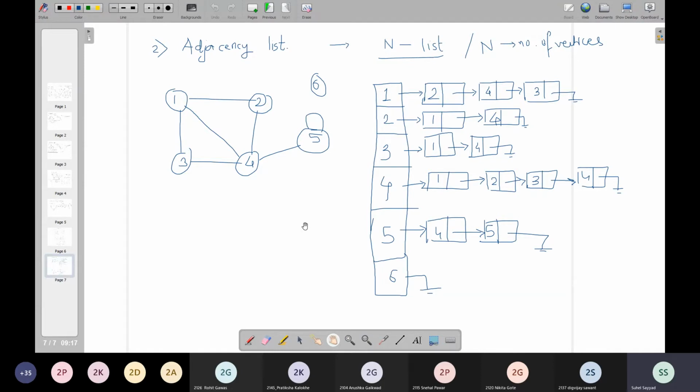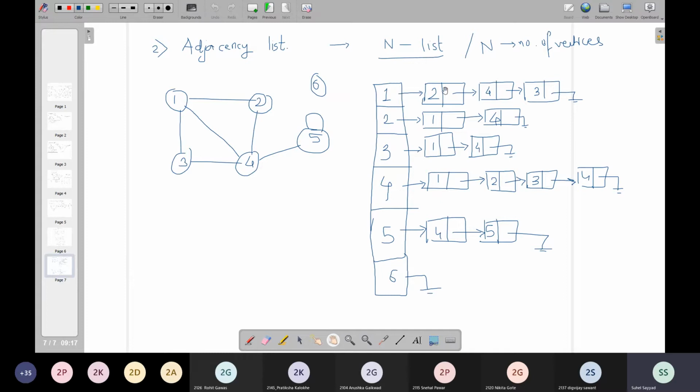If it is an undirected graph, then there is no issue. The same edge can be used as 1 2 and 2 1 also, right? But for a directed graph, these linked lists are built considering these vertices as the starting vertex for that particular edge. So if you look at this undirected graph, for the vertex 1, we had created nodes of 2, 4 and 3 because 2, 4 and 3 are adjacent to 1. So in the linked list of 1, we are storing 2, 4 and 3.